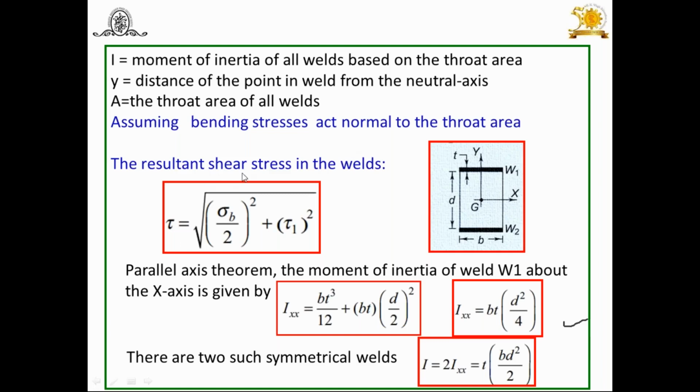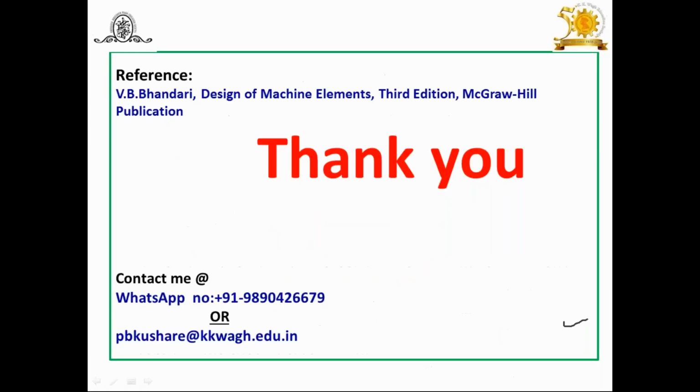And in this case, by using maximum shear stress theory, you can find out the tau is equal to something in terms of T. And if you know the permissible shear stress, you can compare directly, you will get the thickness. Try to understand. And then once you get that thickness, you can find out the H. This is about case number 2 when it is subjected to bending moment only. I have referred to V.V. Bhandari's book for the same analysis. Thank you.